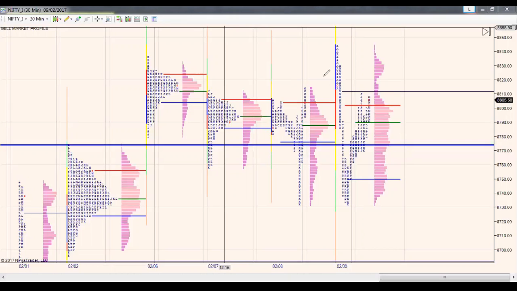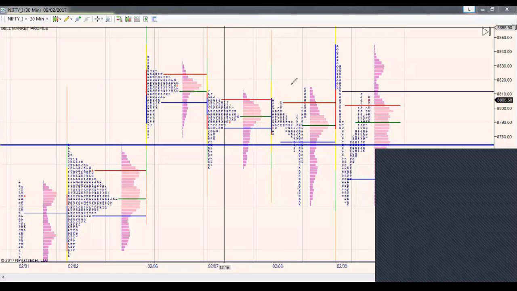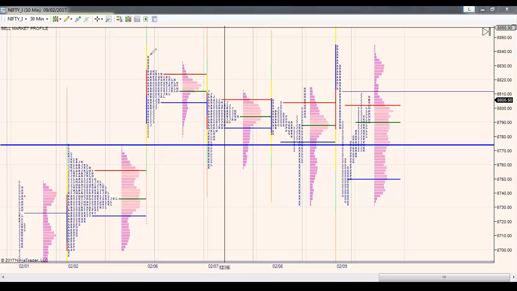So we would have expected a higher open for sure because the sellers were under pressure. But then what happens with that higher opening was an important point. What happened was we opened higher for sure. We went up and actually